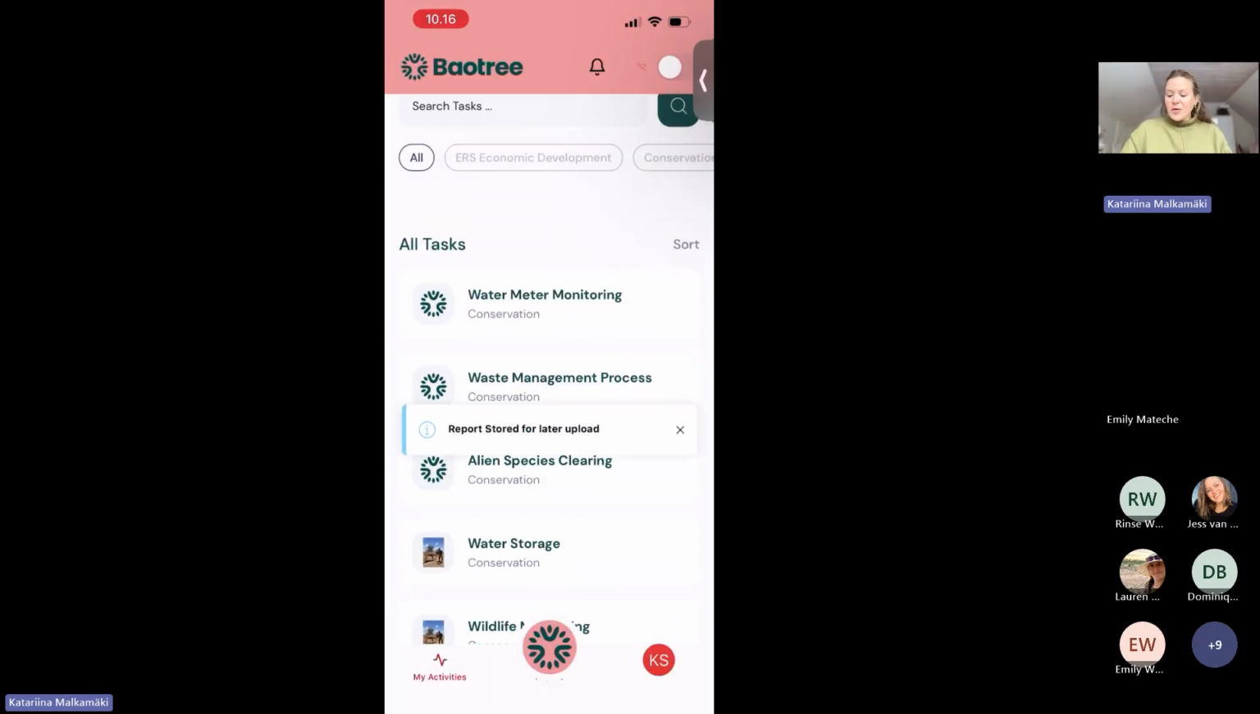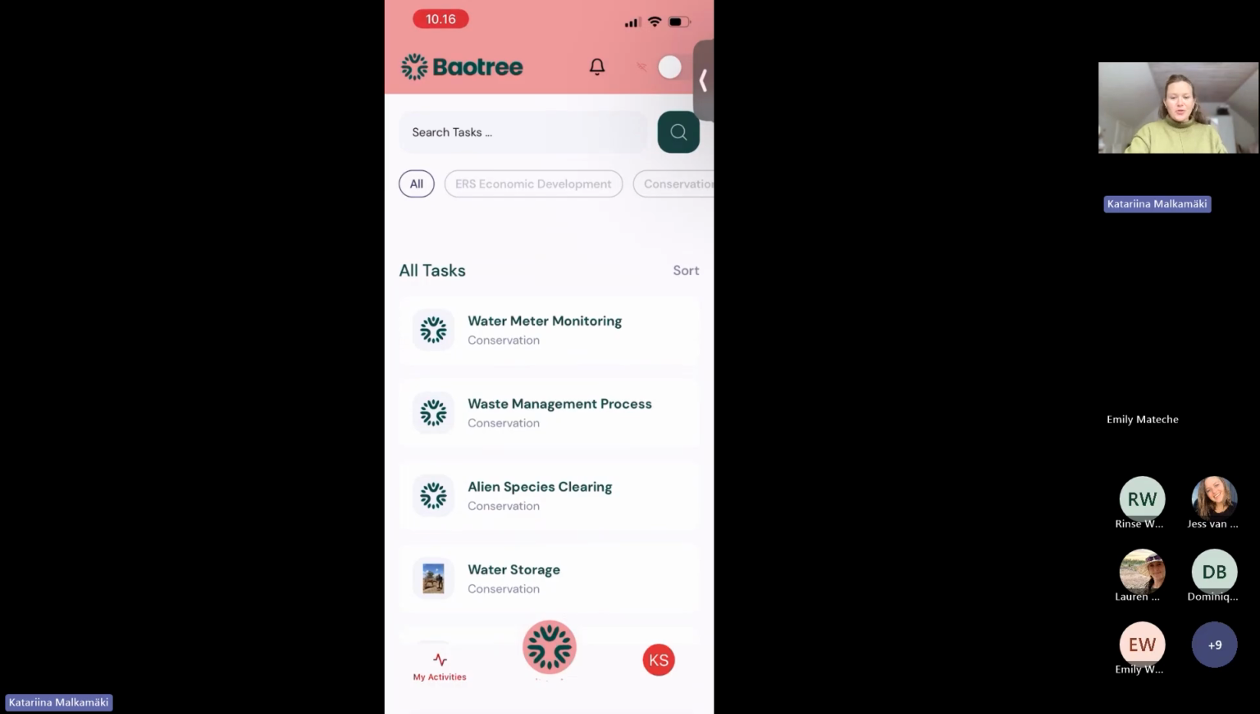Now we're still in offline mode. Maybe you saw there on the screen, it said report has been stored into the phone. So it's not lost even though we're in offline mode, but it's also not traveled back into the dashboard just yet. And like I said, everything works in offline mode, but just for smoother operations,